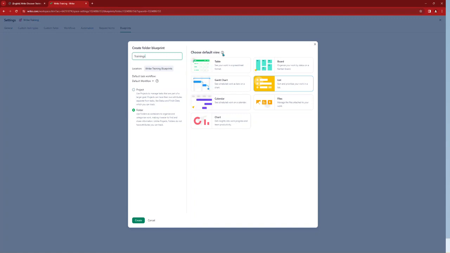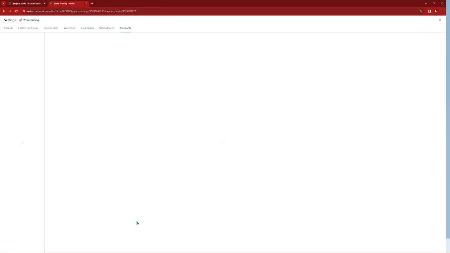You can also choose the default view, what you like best. Personally, I like the table view, but then again, everybody ticks a little bit in a different way. Some people prefer the board view or the Gantt chart up here. I prefer the table view. You can change the views within the folder itself, but just the default view when you open this one up is the table for me. So then I click on Create,